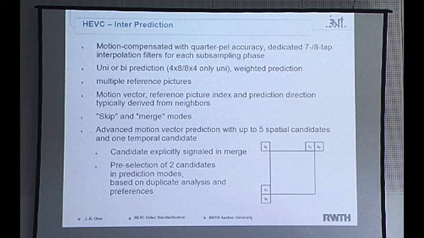Something similar is done when actually the motion vector is new, and you need to encode a new motion vector. In the prediction of the motion vector, also several candidates are checked, and the two most promising candidates are then investigated, and the index of the most promising candidate, upon which the difference of the motion vector is computed, is sent. That makes it much more efficient than any other motion coding before. And in the merge mode, we also inherit the reference picture index, and also the mode is handled in a similar way.